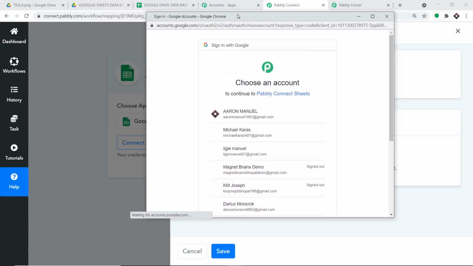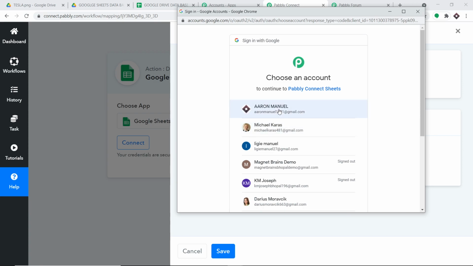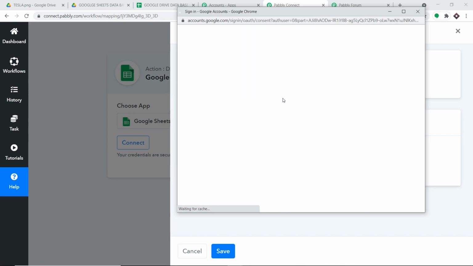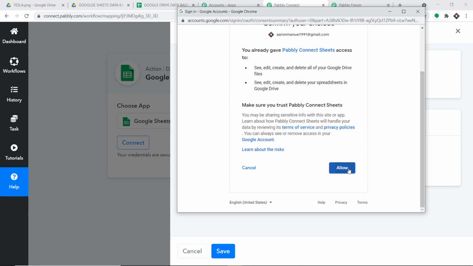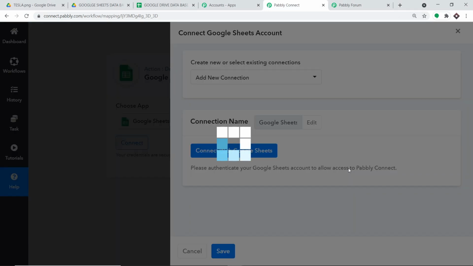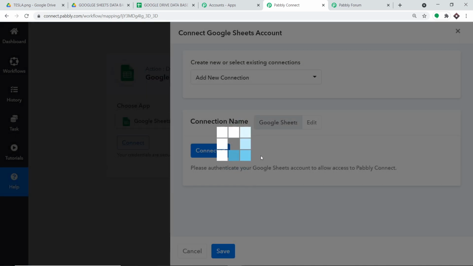Now, as you can see, the last time we uploaded the image, it was in this particular Gmail account, in the Google Drive of this Gmail account. But in case of Google Sheet, I'm going to use this account. The reason I have mentioned it very clearly is that if one of the Google Drives gets corrupted, I still have the data in another one. Basically, the idea is don't put all the eggs in the same basket. Okay, so the authorization is successful, just press OK.